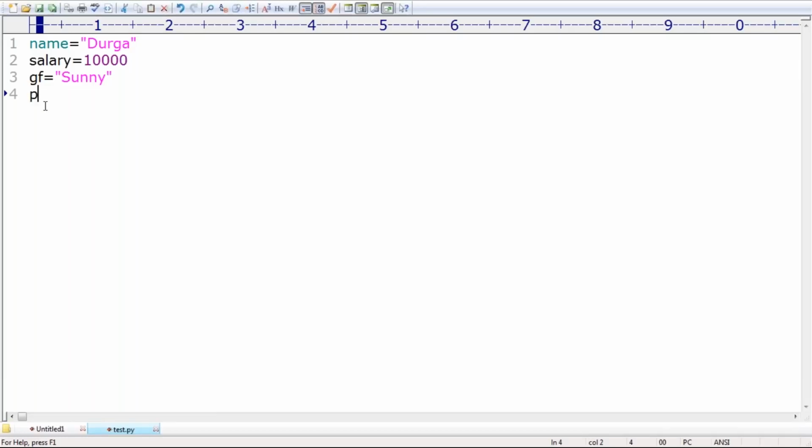Now my requirement is to print. Observe that. Hello, and here is the first replacement operator. Next, your salary is, and here the second replacement operator. Then, your girlfriend, and here the third, is waiting.